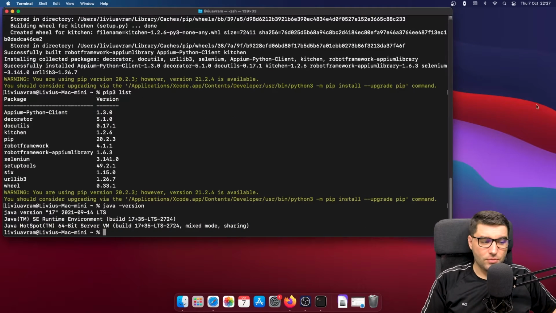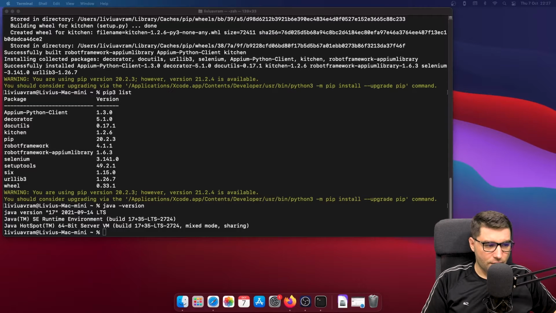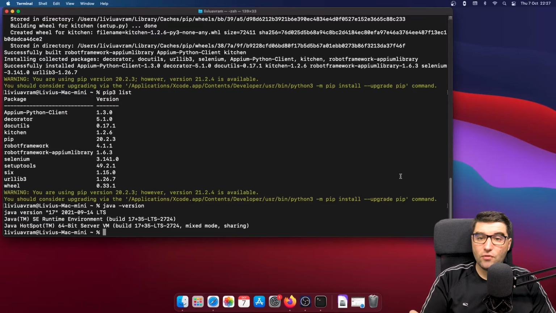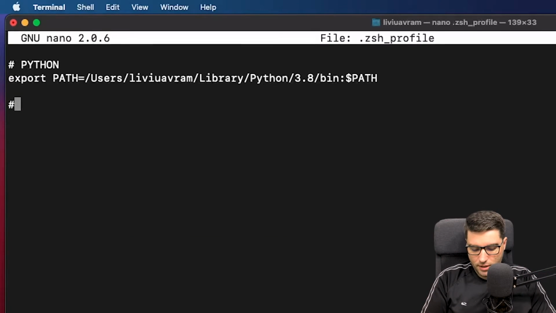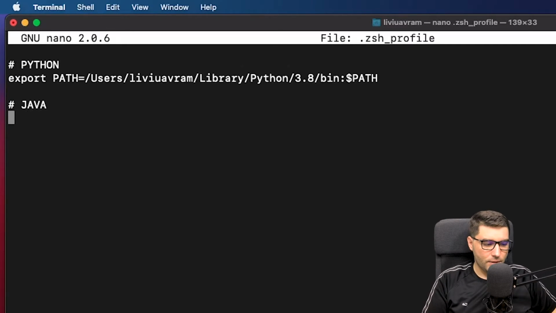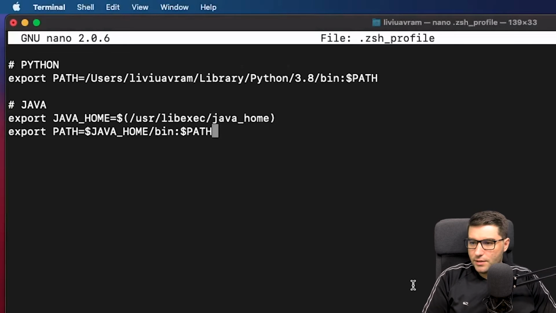In order to tell my system that I do have Java installed, I should enter the same profile file that I created earlier. So I will say nano .zshrc profile, and this time I will say Java, and right here I will input the path for Java and the bin directory of JAVA_HOME.